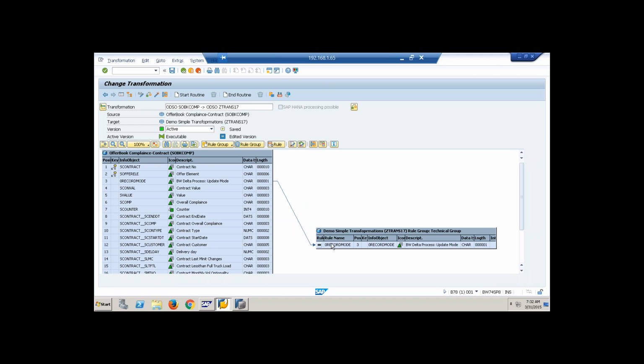Okay. Do you know about export routine in ABAP? Where you'll have source package, result package. Source package is one internal table, result package is one internal table. All the data which is coming from source would be in the source package. You start consider those records, manipulate whatever you want, and append it to the result package. And the records you append to result package will be getting into target of the export routine, right? Same way, when you want to implement your scripting,